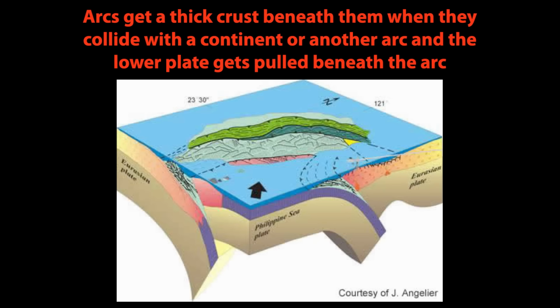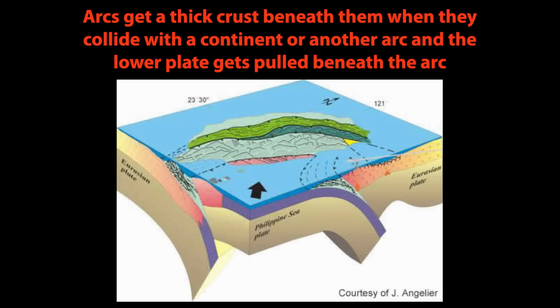To me, arcs get thick crust when they collide with a continent or another arc, and the lower plate gets pulled beneath the arc. Here you can see Taiwan, with the Eurasian plate subducting beneath the Philippine Sea plate in the Philippine arc. And during collision, the buoyant continental plate doesn't want to be subducted. The oceanic plate, of course, is driving plate tectonics, and it wants to be subducted. So the two break apart,